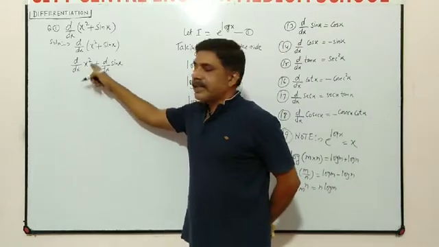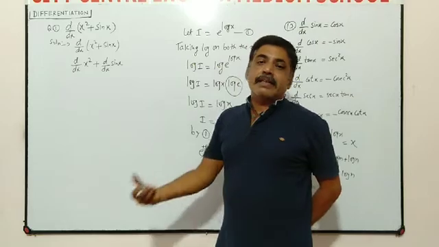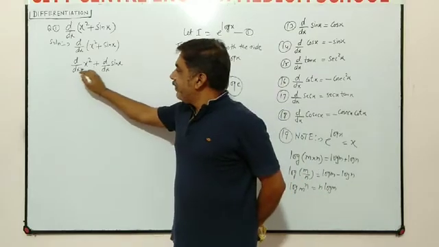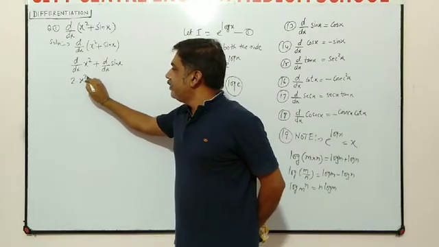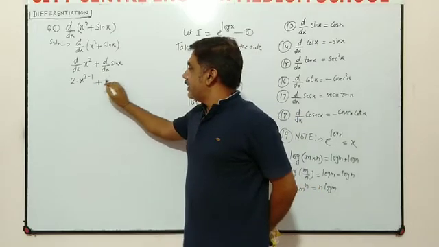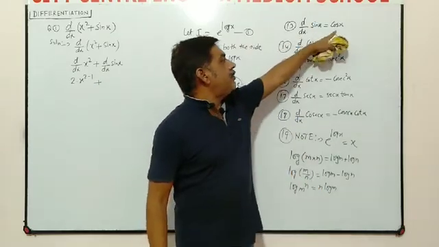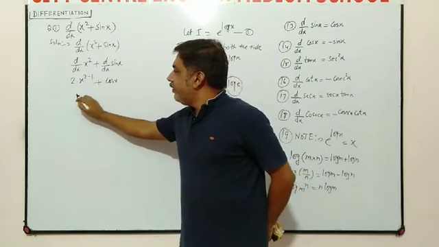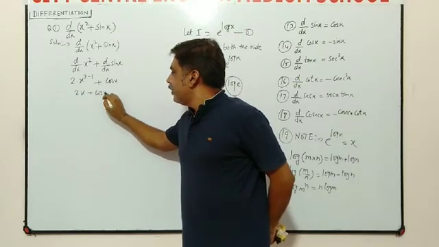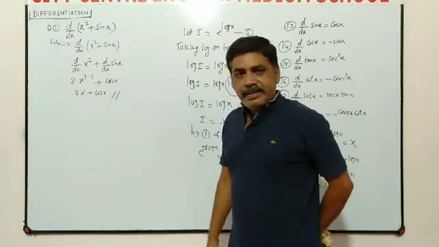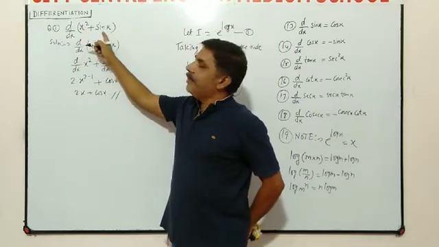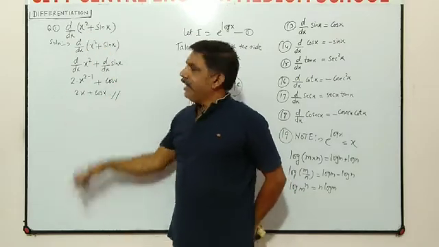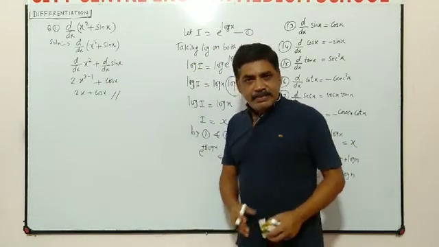Now differentiation of x square: by the first formula, differentiation of x raised to n is n x raised to n minus 1. So differentiation of x square is 2 into x raised to 2 minus 1, plus differentiation of sin x, which is cos x. 2 minus 1 is 1, hence the answer is 2x plus cos x. So differentiation of x square plus sin x is 2x plus cos x. Yes, we know the differential of x square is 2x and the differential of sin x is cos x. So this is the first question.